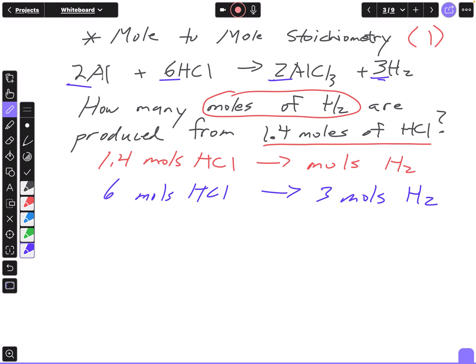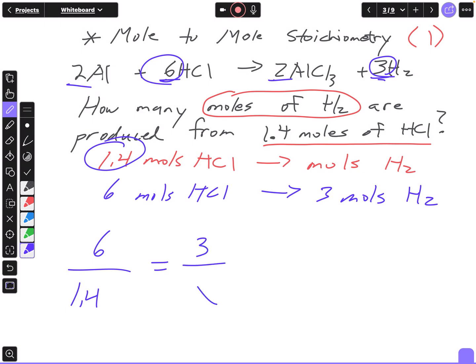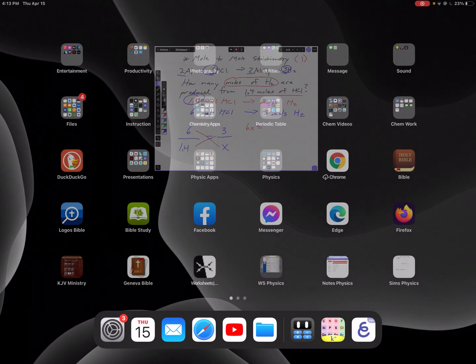All right, but I don't have 6 moles. What I have is 1.4 moles. So the way I set that up is I'm going to take the coefficient that's in front of the HCl, which is 6. That'll be 6 over how many moles I actually have, which is 1.4, equals the number of moles in the balanced equation for H2, which is 3, over what I'm looking for, moles of H2 that's produced from 1.4 moles, so that'd be X. Right, at this point, I'm going to simply cross multiply. That would be 6 times X equals 6X equals, and then